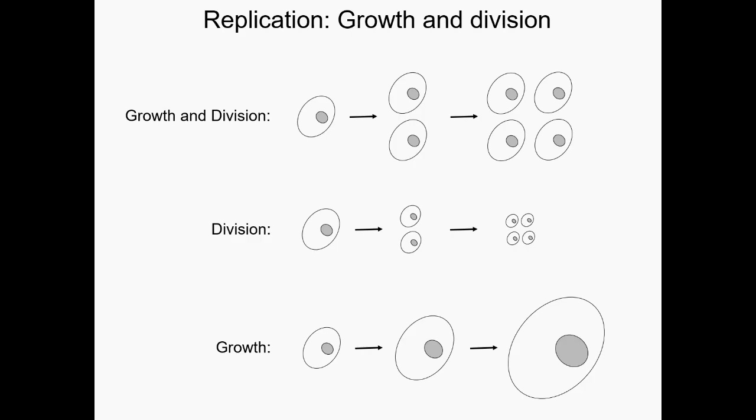And the best way to understand is if we look at these things occurring separately. So if you had division without growth, the cell would divide and get smaller, and this would be catastrophic. This would not sustain life. On the other hand, if you have growth without division, the cell would get bigger and bigger, and this would also be incompatible with sustained life. So this process is a superimposition of these two sub-processes, which I would say are equally important.